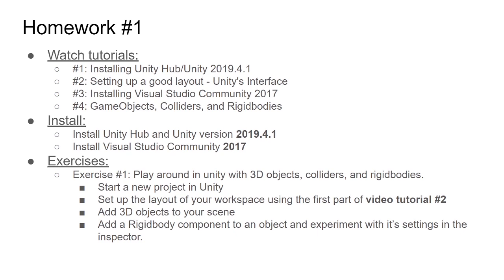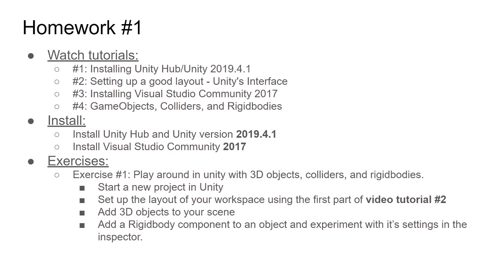We're going to need you to install Unity Hub and Unity version 2019.4.1, and then we are going to need you to install Visual Studio Community 2017. Then I'm going to want you to try playing around in Unity with 3D objects, colliders, and rigid bodies. And how to do that is going to be covered in video tutorial number 4, game objects, colliders, and rigid